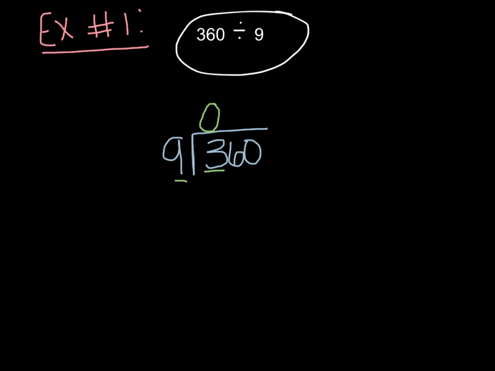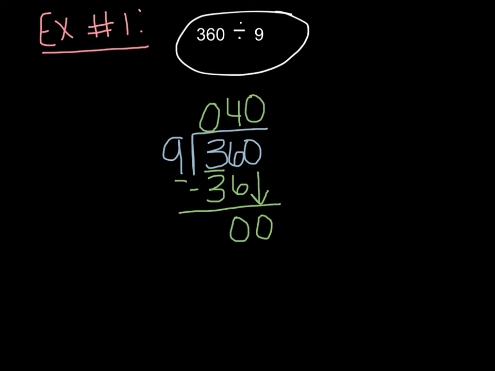And then we say, can 9 go into 36? And we know that it can. And then we say, how many times does 9 go into 36? And it goes in 4 times. So then we do 9 times 4 is 36. And we subtract. 36 minus 36 is 0. Bring down our 0. How many times does 9 go into 0? Goes in